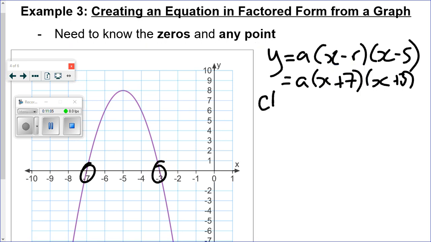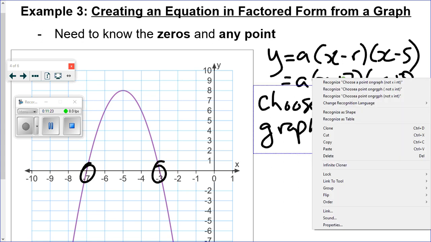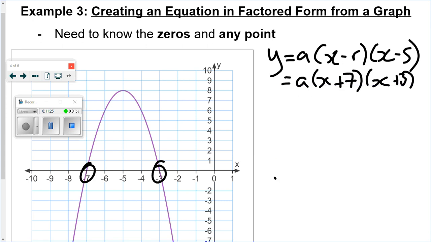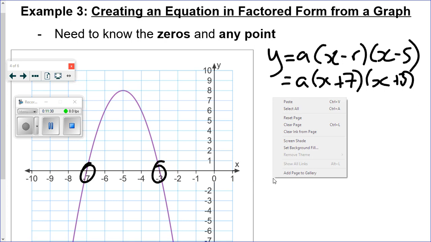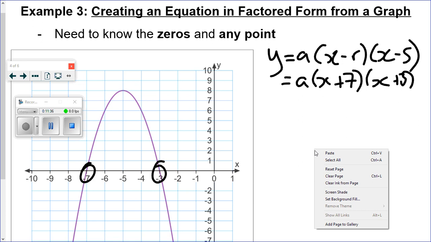Now we have to choose a point on the graph, not the x-intercepts. Okay? Those ones, I mean, they're valid points, but what'll end up happening is,